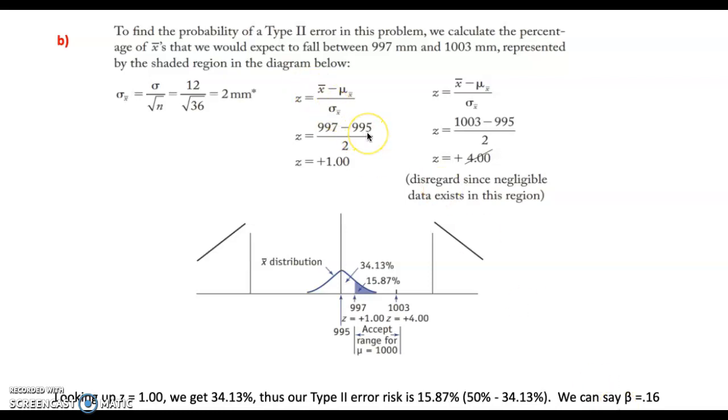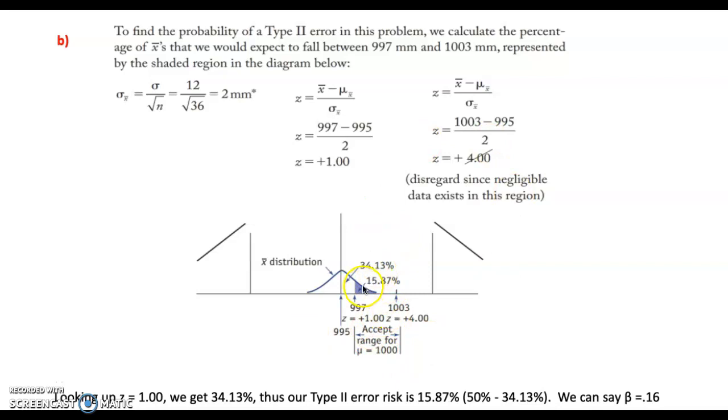So using the 997, we got z equal to 1, and using the sample average value 1003, we got z equal to 4. But when you look at it, 4 is going to be a very small data value, so we are going to disregard the 4 part,